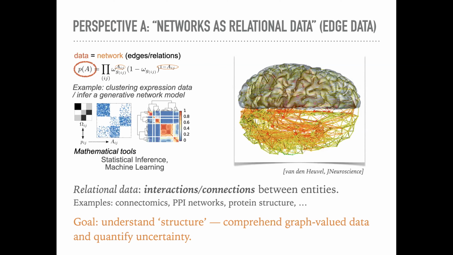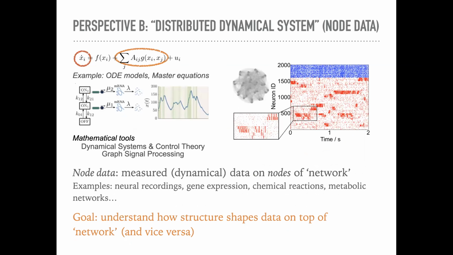But then you have other people who look at networks quite differently. They're not interested in edge data, but they're interested in data that lives on the nodes. So you go into another neuroscience lab, for example, and here people record neurons. They record data that, if you want, is associated with a node. If you abstract a neuron in a network with a node and the connections, the axons and dendrites and what have you between those, by edges, then you get a distributed dynamical system, essentially. And now you're in the realm of dynamical systems, control theory, and in some sense, you could also think about this as a graph signal processing type of framework, where data sits on top of the nodes,